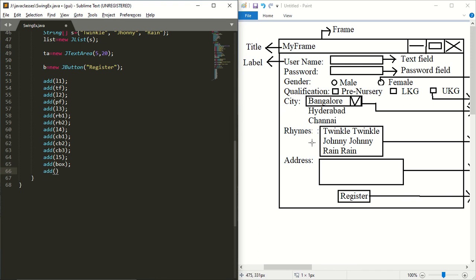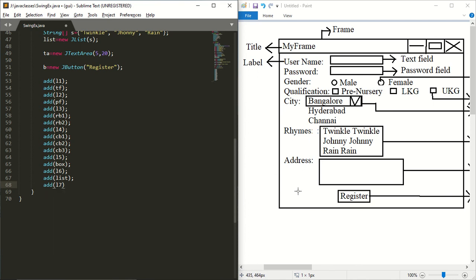Next we should add this label, that is rhymes label. Rhymes label is L6. Next add of the list for the rhymes. So what is the list? I think it is list only. Next we should add this address. So what is the label for address?